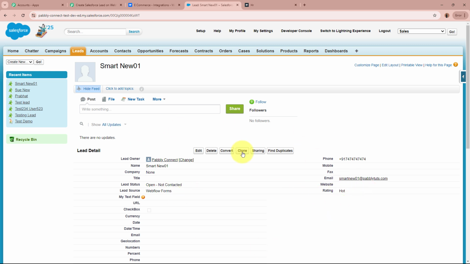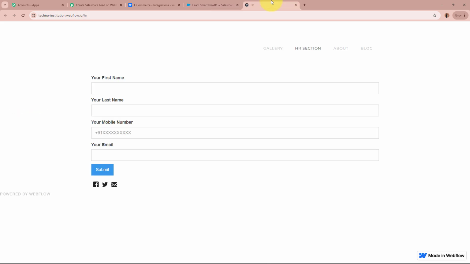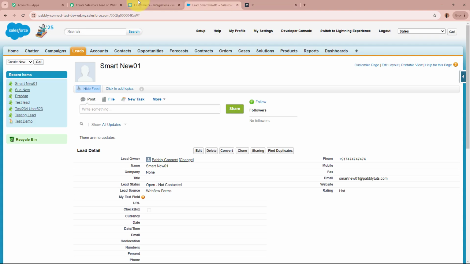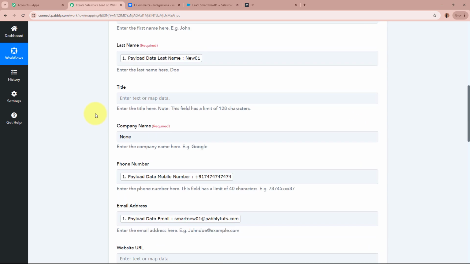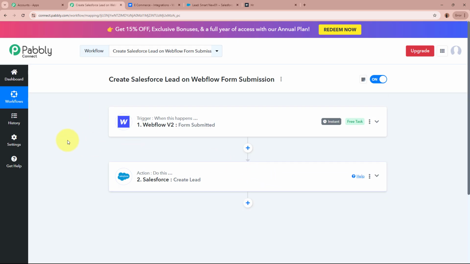As you can see, a new lead has been successfully created in my Salesforce account from the form submission that was done using Webflow. This means that we successfully created an automation between Webflow and Salesforce with the help of Pabbly Connect. So now to summarize what we have done, I am an owner of an e-commerce business, and using Webflow, I manage and create my websites, and using that, I have created a form with the help of which I am collecting my leads data. In the trigger, I've selected Webflow V2 Form Submitted,